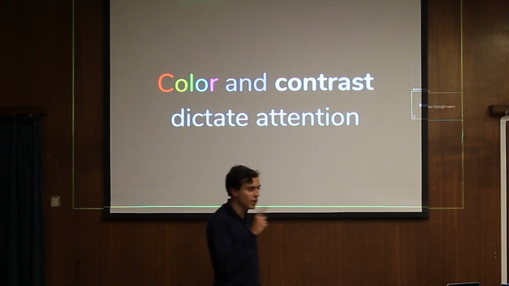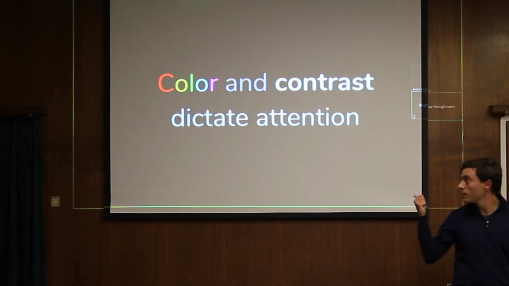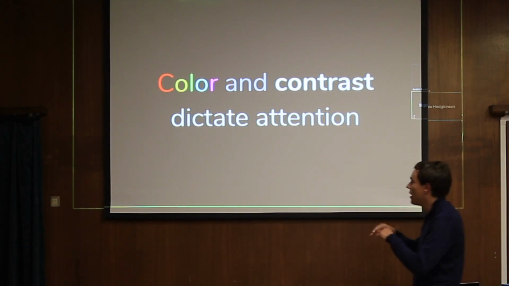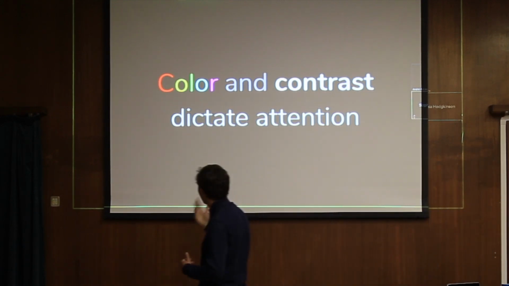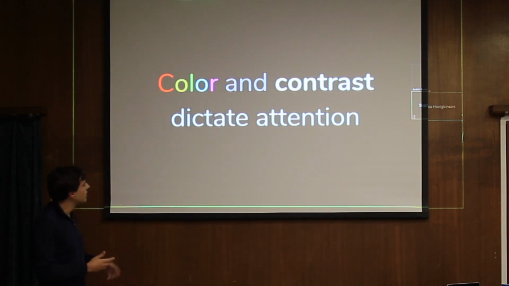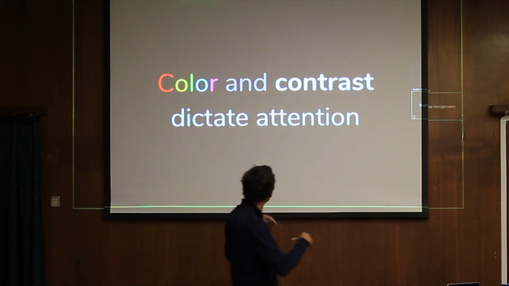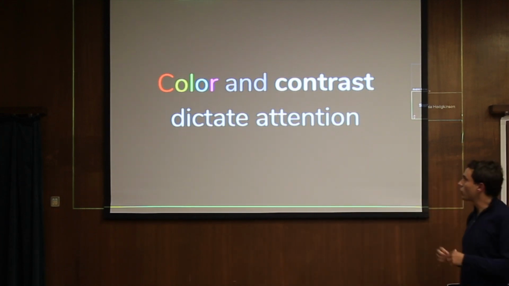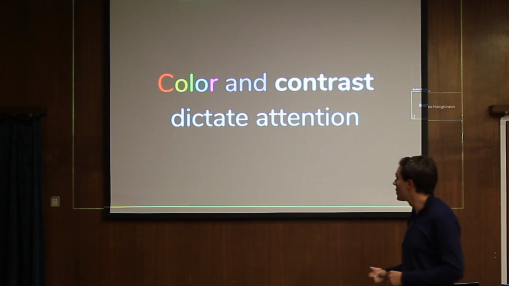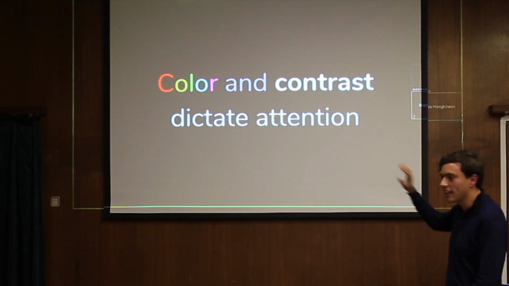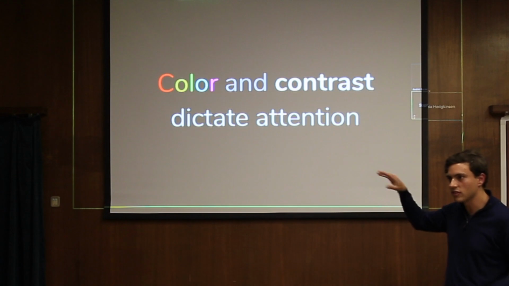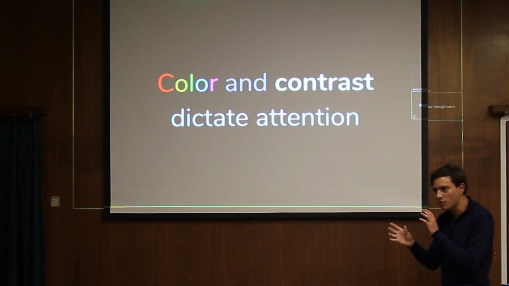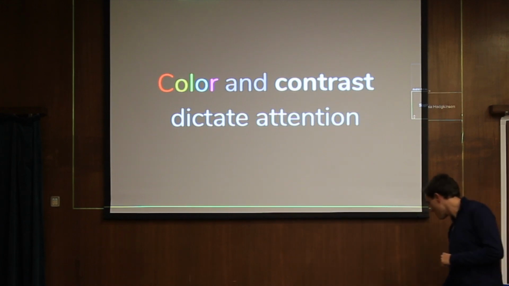For instance, I'm pretty sure that when I show you this slide, you first saw the words color and contrast, because they are highlighted against their environment, because the environment is just black and white, and then you suddenly see these colors and these words that are in bold, that are bigger, so they get emphasized, and you see them first. And at last, you saw the word and, because it's grayed out. It's a bit more normal, more similar to the background. So you see how you can play with the attention of the audience.